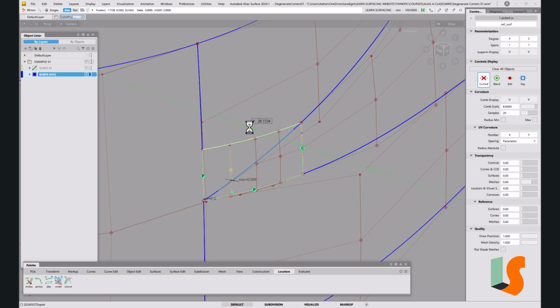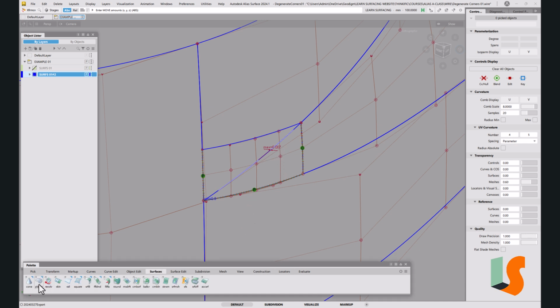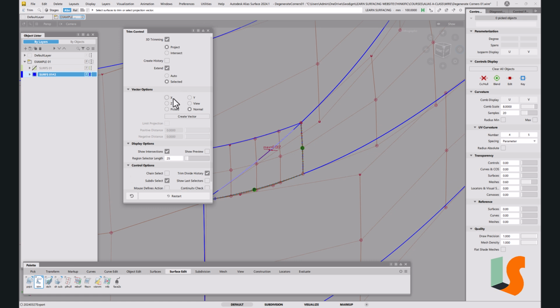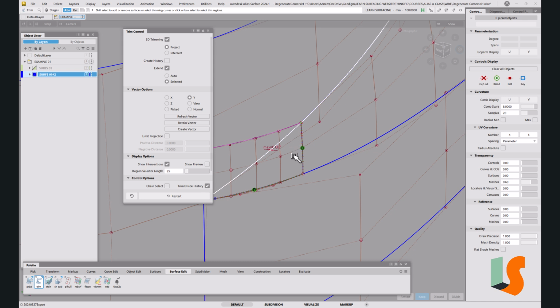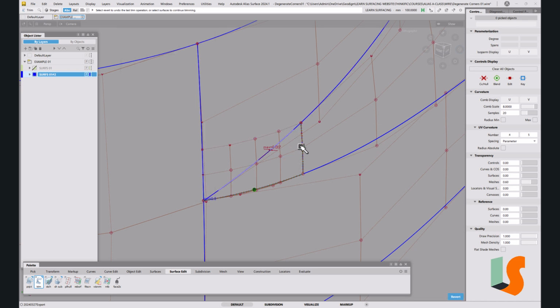So depending on how accurate you want to do that, you can move these points. So we're getting actually very accurate 0.007, which is probably good enough. And then we can just trim that back out if we wanted to, just to make it look nice. So let's go into surface edit, trim rather than trim convert, project in the Y direction this surface to that edge. And so we've now got,